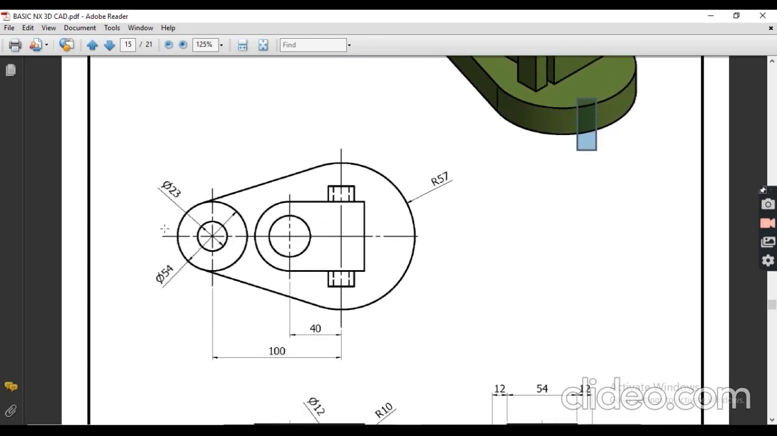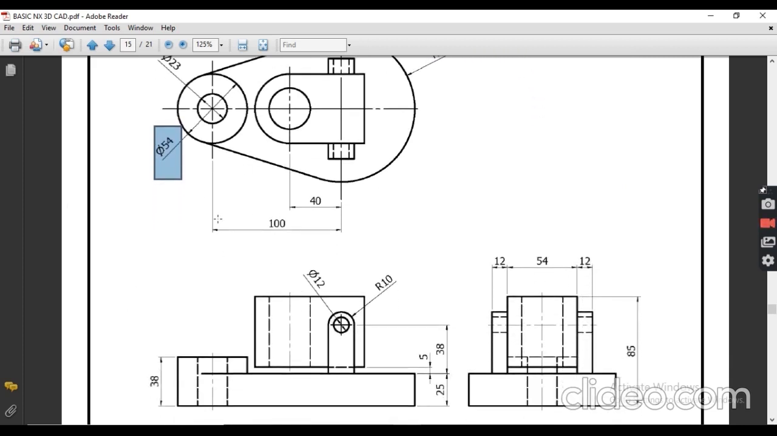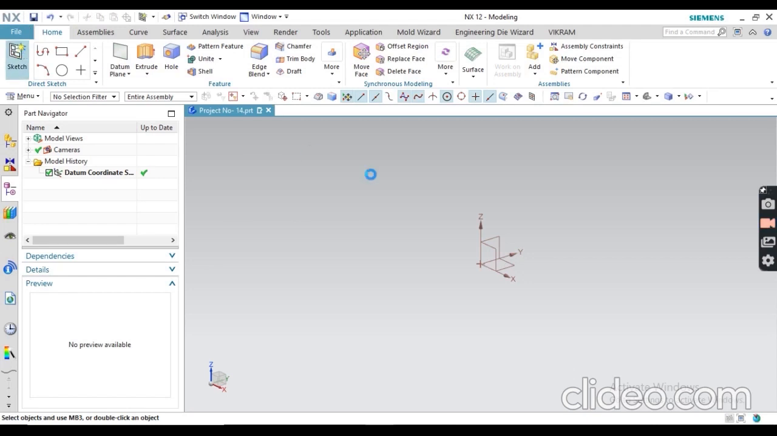First of all, create base plate. For that we need first this circle, outer circle, both outer circle dia or radius. Okay, you can get from this top view. And then next, between two circle distance 100 mm. So let's create, go for top plane,